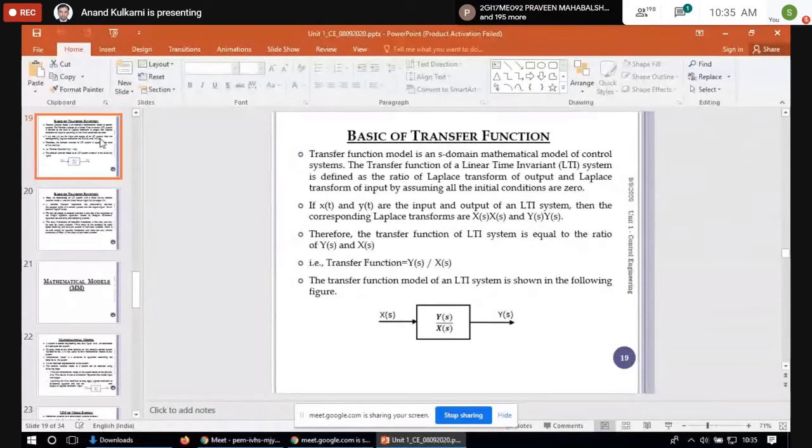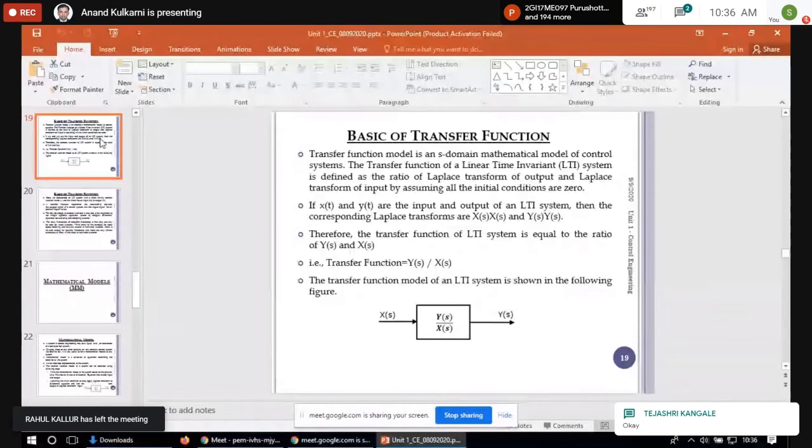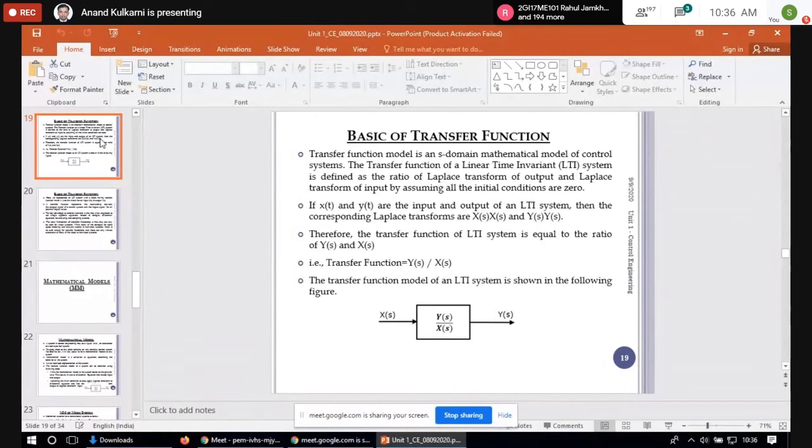So in your maths, you have already studied the Laplace transform, and some of the equations you are very much familiar with. The basic aim of Laplace transform, you might have used it to solve differential equations. There are a number of methods of solving differential equations, like the CF plus PI method, that is complementary function and particular integral method, that is one way of solving a differential equation. Another way of solving a differential equation is by Laplace transform.